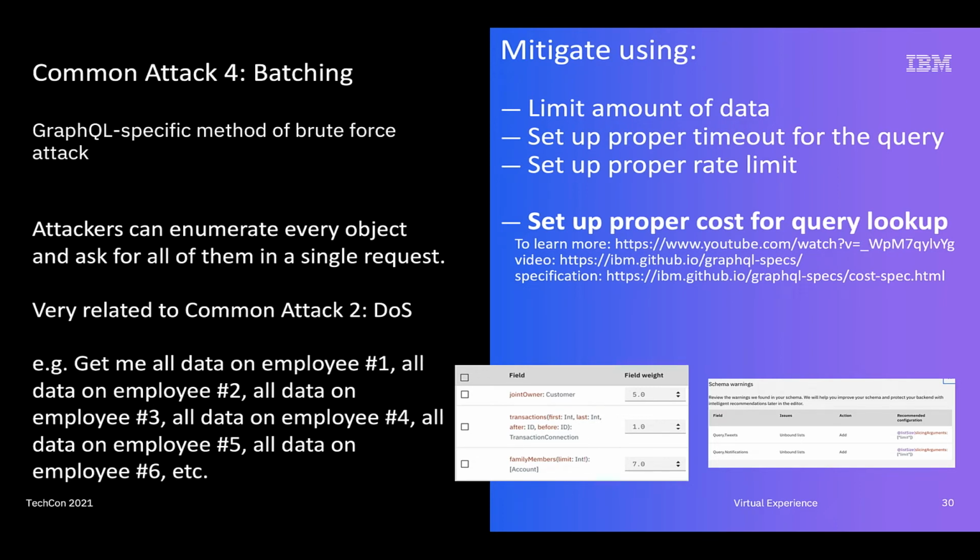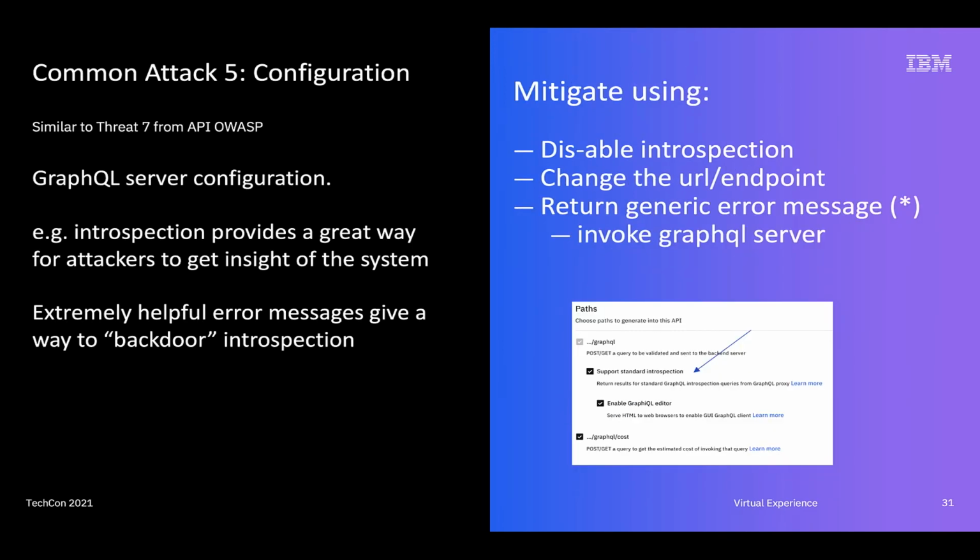So how do you mitigate it? Like I said, it's highly related to the DOS attacks, right? So not all the DOS attack mitigations are going to be effective here, but many of them will be. You can limit the amount of data, you can set up your timeouts, you can do rate limiting, and as I talked about at length before, you can do real cost analysis, and these are the same links that I gave you before. And the last of the 5 common attacks listed on the OWASP cheat sheet is common